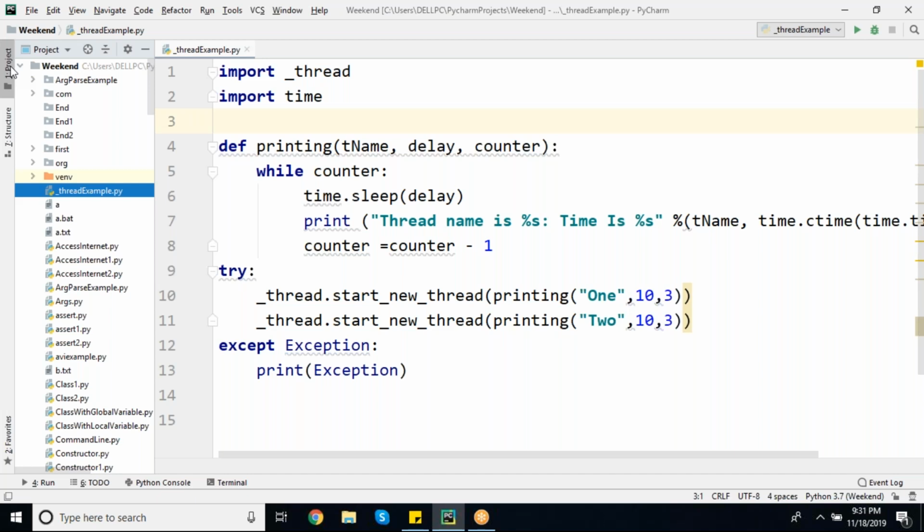What are those life cycle methods and how will they work? We are going to see right now. Life cycle methods of thread. First one: start.